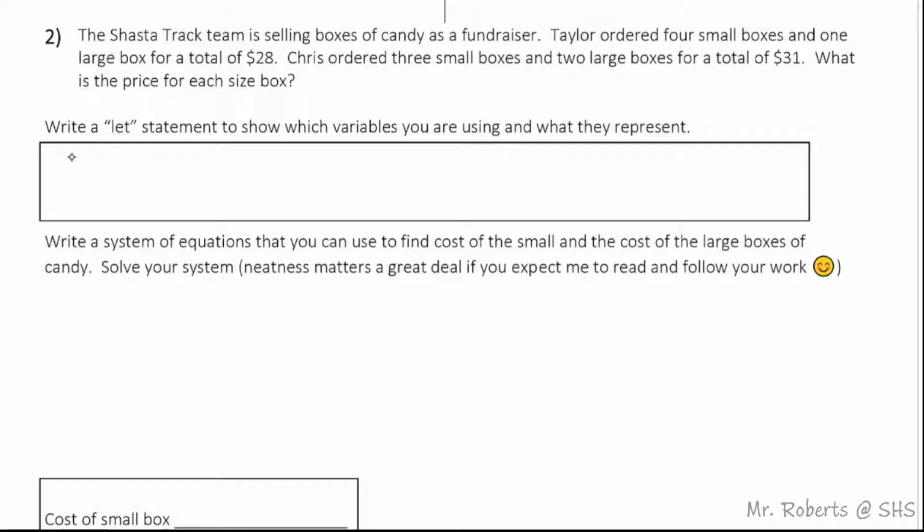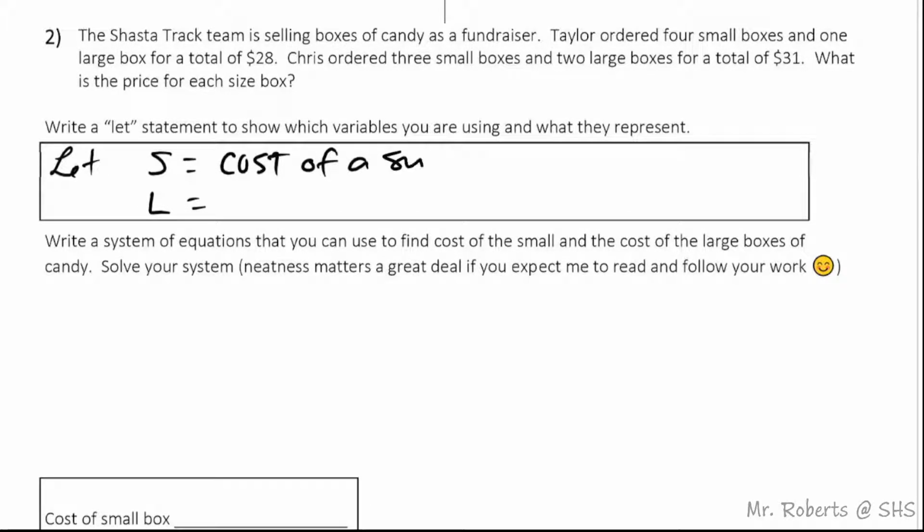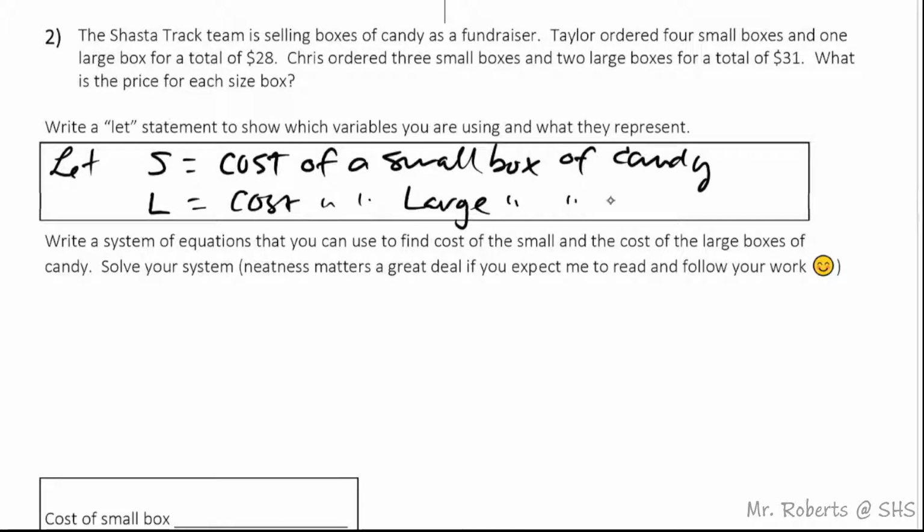So I'm going to create a let statement here. I'm going to say let, I'm going to go with small and large. So S is going to be the cost, not how many, but the cost of a small box of candy. And L is going to be the cost of a large box of candy. And I know from this information presented, and this is how I'm going to write my system,